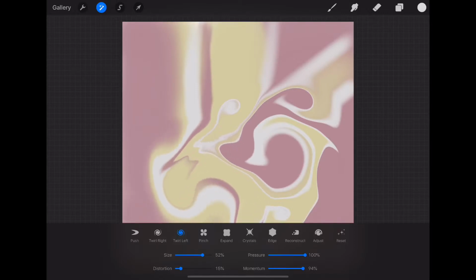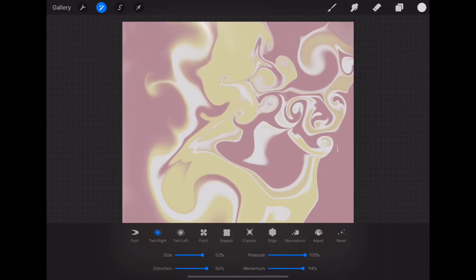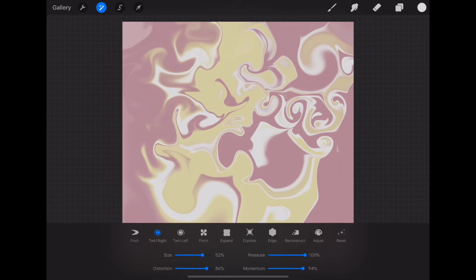So as you see, I'm just gonna play around. You can really do anything you want. You can mess around with it as much as you want, and it's gonna look really cool. I really like how that one just happened at the top-ish right corner. I think those look really cool. I love the different things that you can find out of creating marble. So in the left corner, I see a face, and I think you can really have a lot of fun with it. And of course, as you put down the size of the brush, it's gonna make tinier